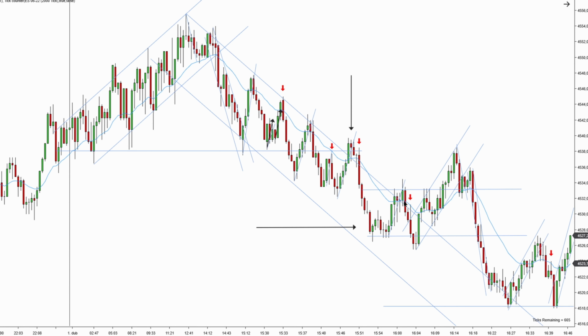EMA is getting in the middle of these bars. Take a look how EMA was pointing down, and now it's starting to flatten. It's exactly in the middle of these bars. And there was an additional way to enter this second entry short, to enter this congestion once it broke lower. There's a breakout pullback into this congestion, tested the key entry point, tested the EMA, and it quickly reversed down,